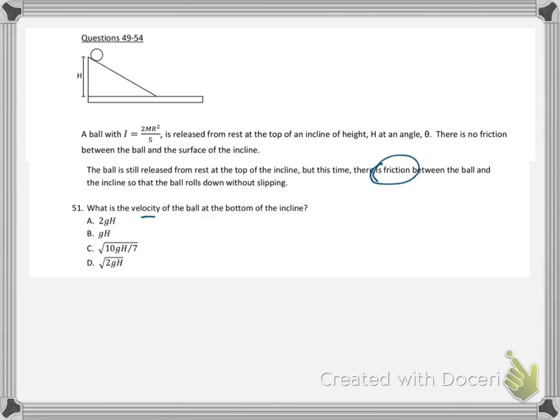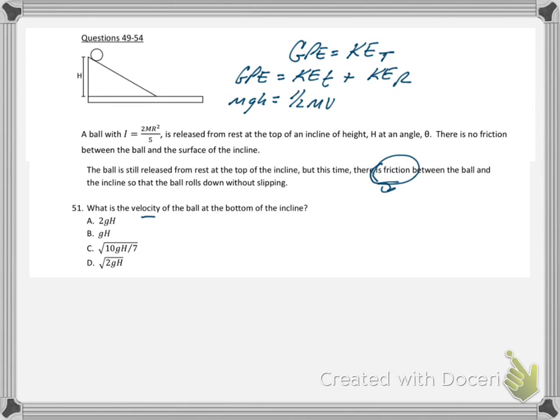So, GPE, the total energy it starts with is all GPE, and that's going to be transformed into total kinetic energy. And since there's friction, the total kinetic energy is going to be two varieties: translational kinetic energy plus energy of rotation. So we have mgh equals 1/2 mv squared plus 1/2